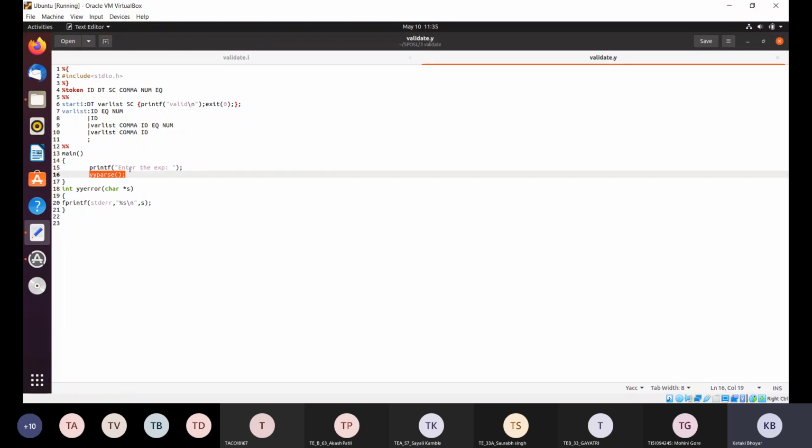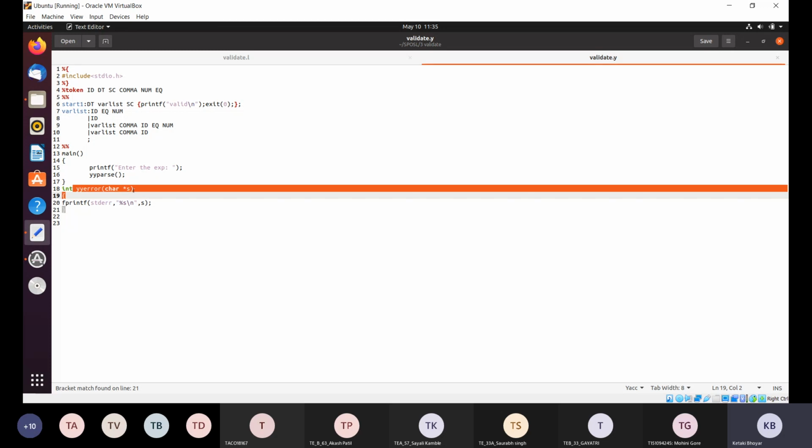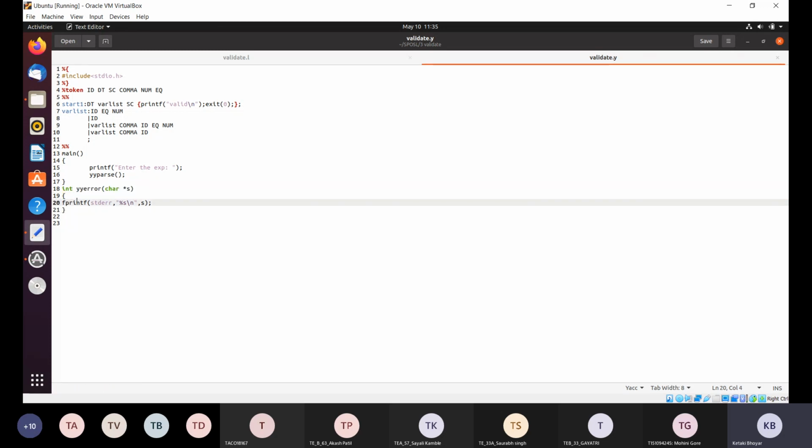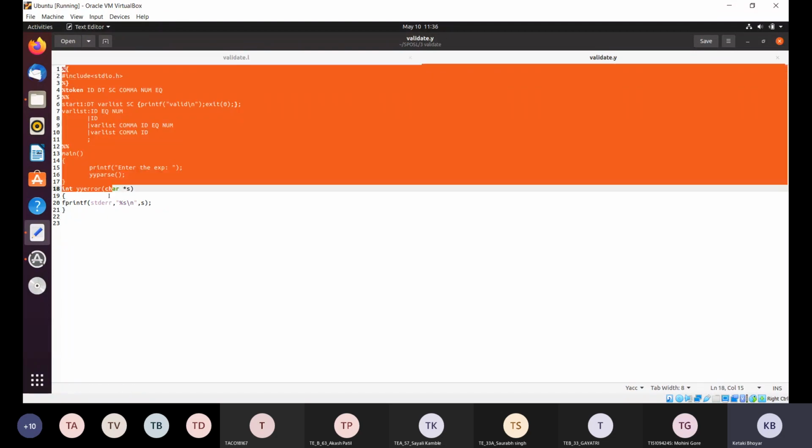You have to do nothing. You just have to call yyparse to generate the parse tree for that particular expression. If there are any errors, this function will check for them and display the error message here. That's it.